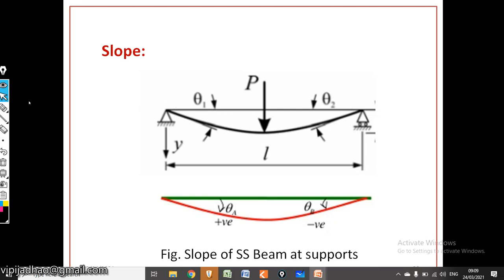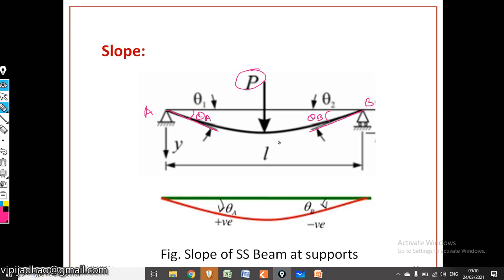So here you can see the basic difference between slope and deflection. Here a simply supported beam is there, and this simply supported beam is deflected due to this particular load. If we draw a tangent like this at this support A, then the slope here will be this particular angle. Let us consider this is theta A. So slope here will be theta A, whereas if we draw a tangent to this deflected shape or elastic curve of your beam, then this angle theta B, let us consider this is point B, will be the slope here.